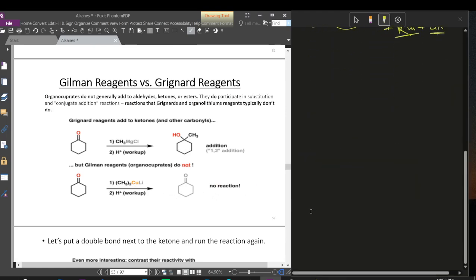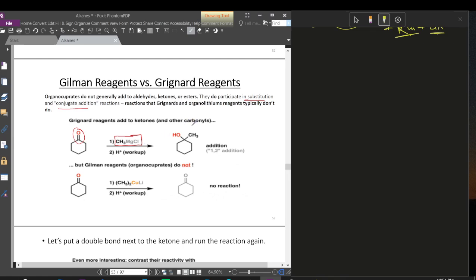something different between those reagents, because the difference is that the organocuprates do not generally add to aldehydes, ketones or esters. They do participate in the substitution and conjugate addition reactions that Grignard and organolithium reagents typically don't do. So here we see that Grignard reagents, that means RMgX, CH3MgCl, add to ketone. So this is the ketone,